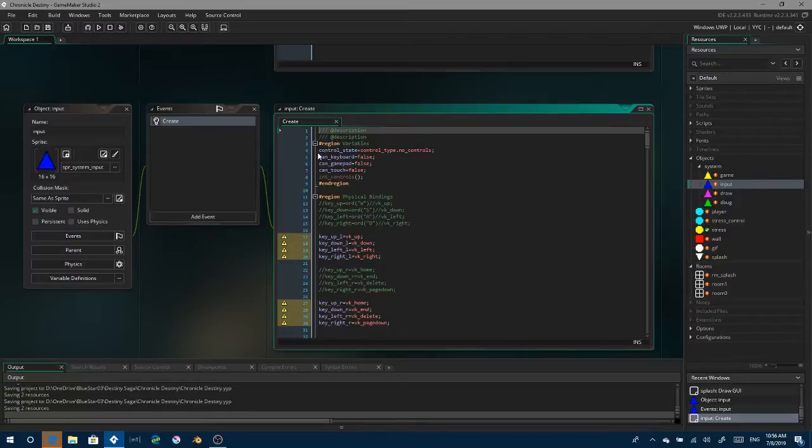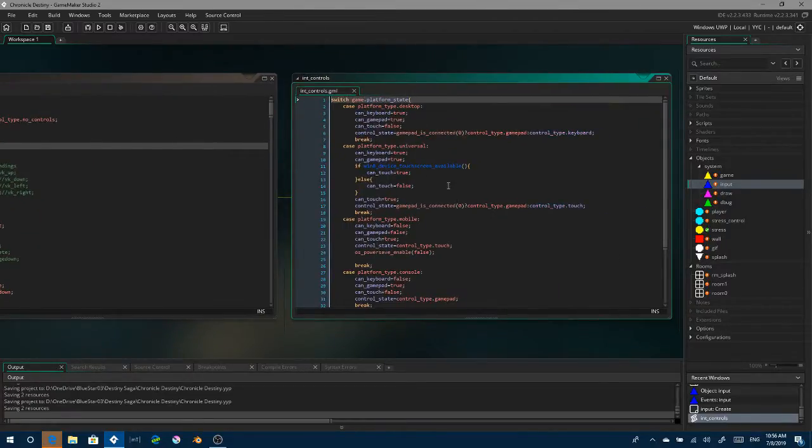Okay, so the main thing: the control state equals no control. The control state is what control is usable, and right now no controls are usable. Then it will initialize those three variables. Can it use a keyboard? Can it use a gamepad? And can it use a touch? Then INT controls, depending on the platform, will set what it can use and the initial